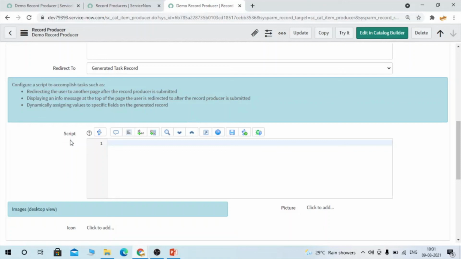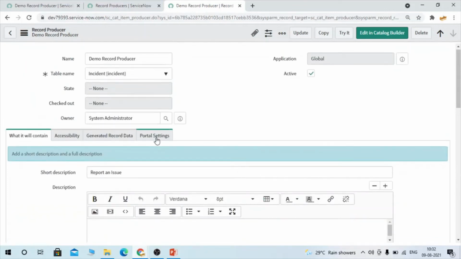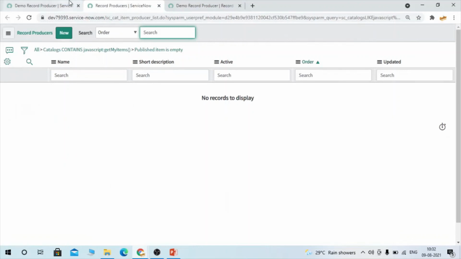This script is server-side, so whatever script can be used on server side, like glide records, can be used here. We also have a producer object, and by referring to that object you can write script. You can also use the current object here. So yeah, this is the record producer.